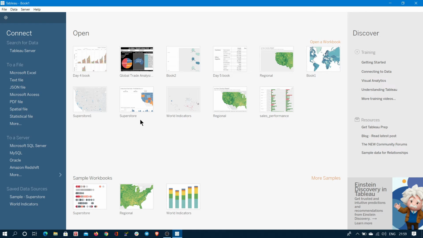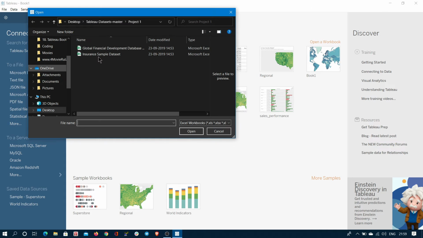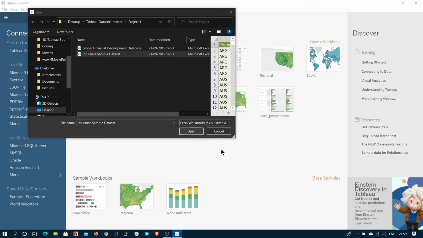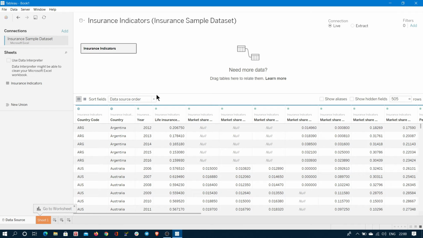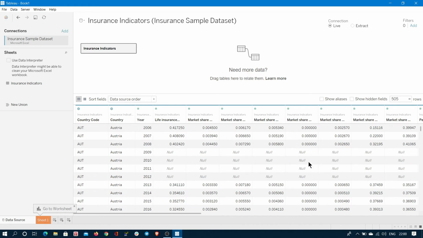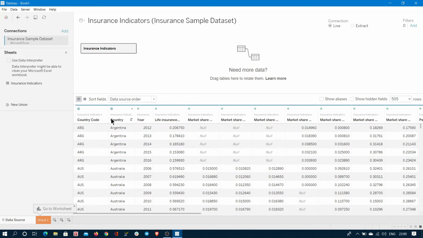So without any further delay, let's check what are the things we need to follow to create a certain bar graph. For example, I am going to upload one sample Excel sheet. Click on Microsoft Excel, and it will ask us to upload. For example, I am uploading the insurance sample dataset. Double click on that, otherwise click on that one and click on open. After clicking on open, it will try to initialize our dataset. And if you observe, a few null values are available in measures. So without any further delay, let's create sheet 1.